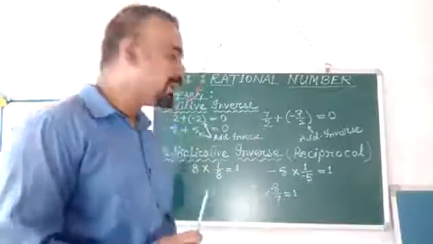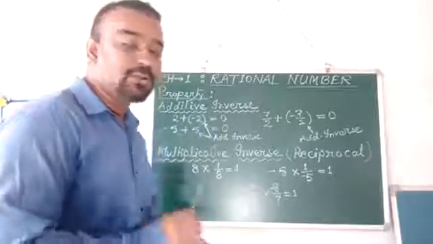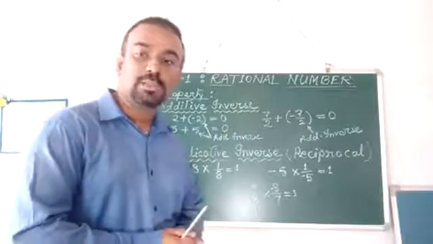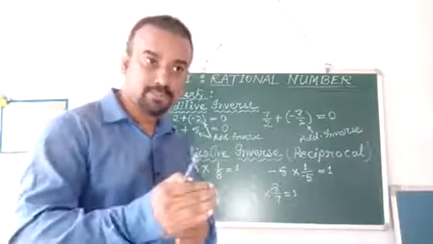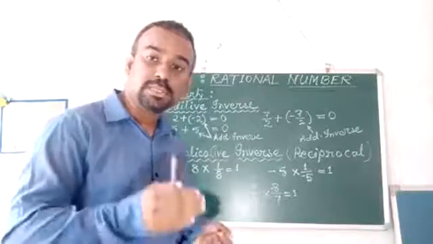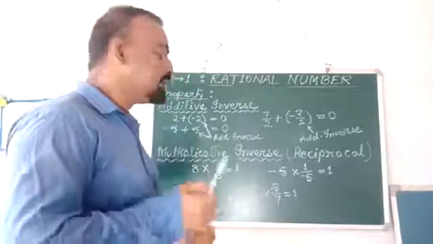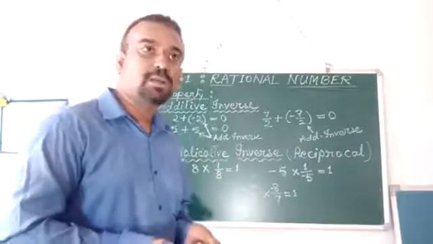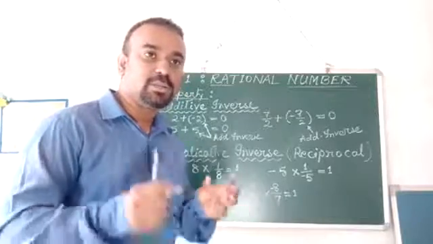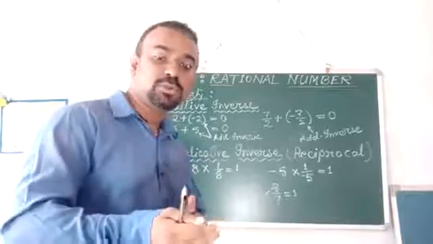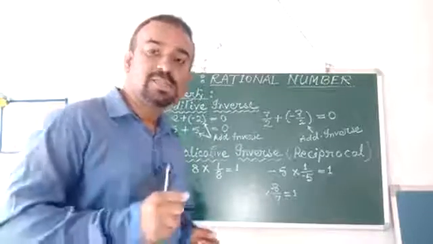The topic that we are going to discuss now is the additive inverse. First of all, let me explain what the word inverse means. Inverse means reverse, or just opposite to a certain thing. Since we are dealing with numbers like whole numbers, integers and rational numbers, we have to find something which is just opposite to that particular given number, and the result should come as 0.